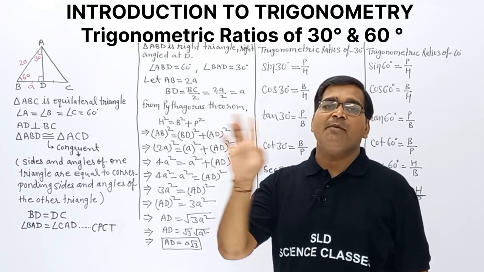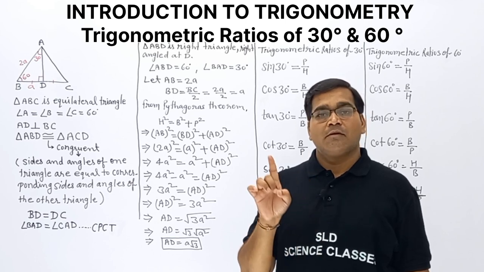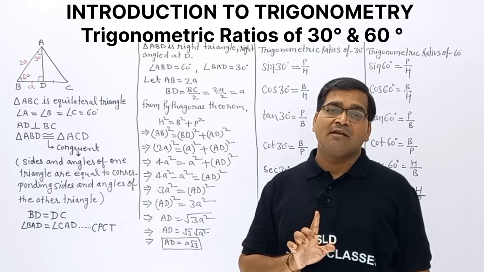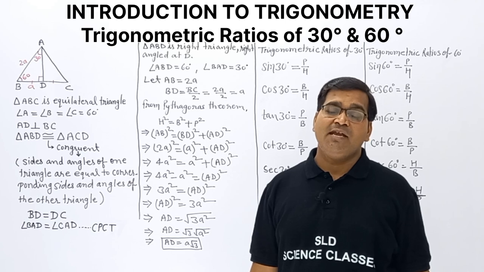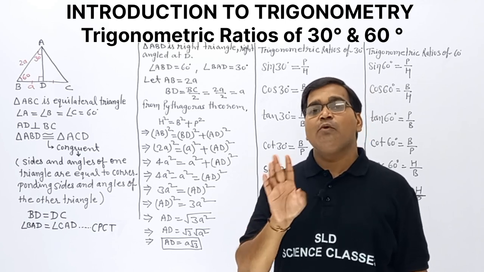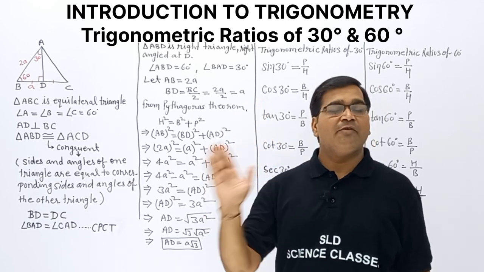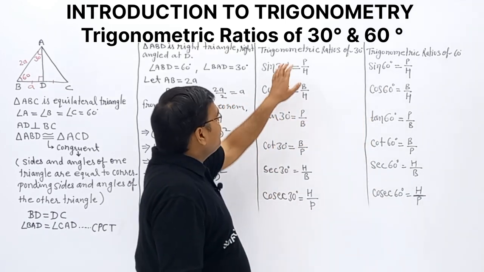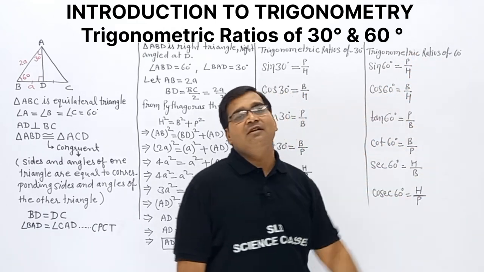In the 45 degree case, what did we use? One angle is 45 degree. Clear? So the remaining other acute angle will be 45 degree. It means in the right triangle two acute angles are there and both acute angles will be 45 degree. But to find the values of trigonometry ratios of 30 degree and 60 degree,